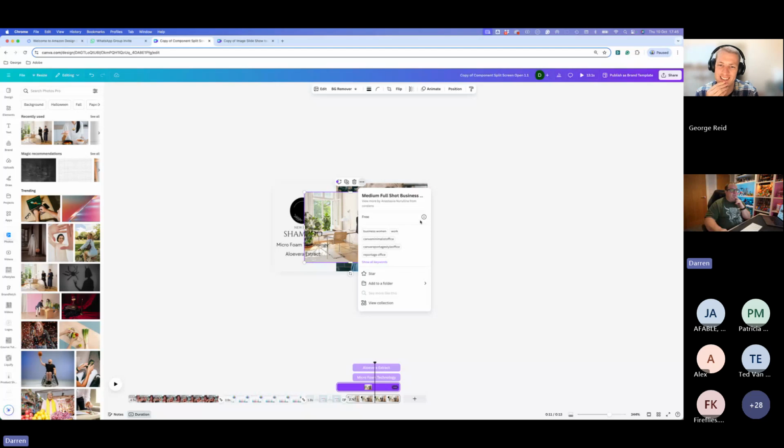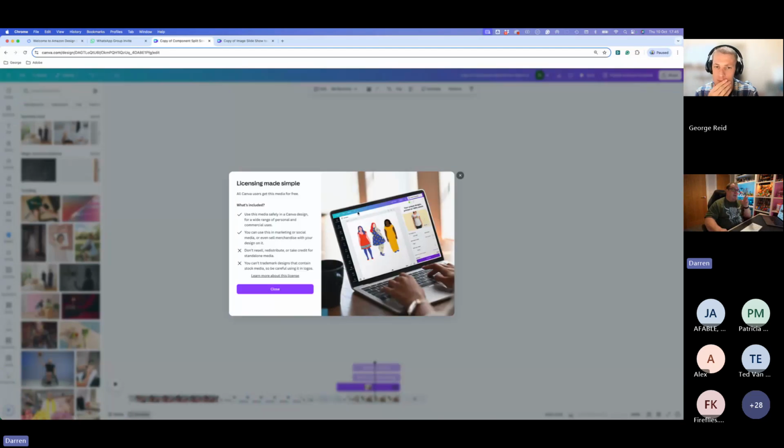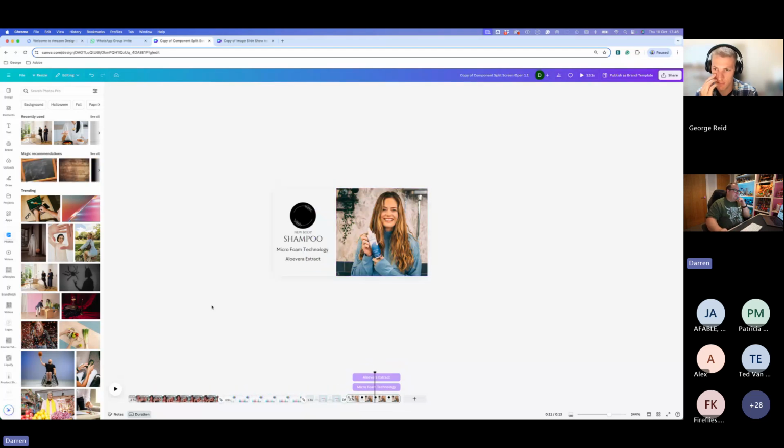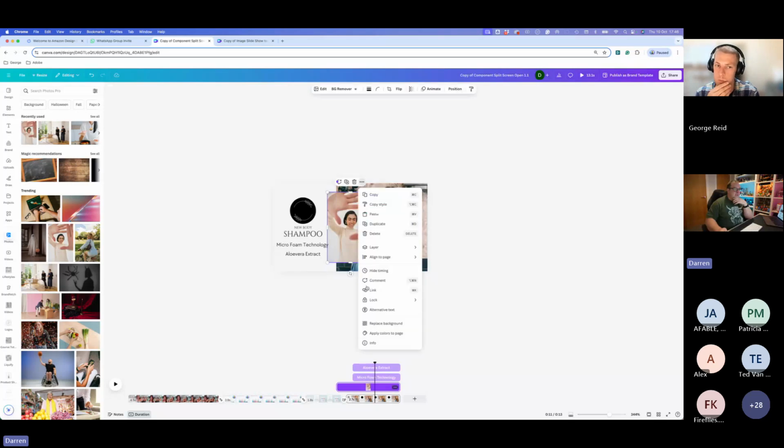Oh, there you go, free. So this one's free. You can click on the information and it'll tell you what you can use it for. But just be aware of standard terms and conditions inside of Canva. There's a certain resolution and certain things you can and can't do with images and elements in Canva. But I'm not a lawyer, so I can't advise you legally fully on that side, just to cover myself. But they are in there, and as I say, if you click on the info button, it'll tell you. So again, it's the three dots, info, and then where it says free.